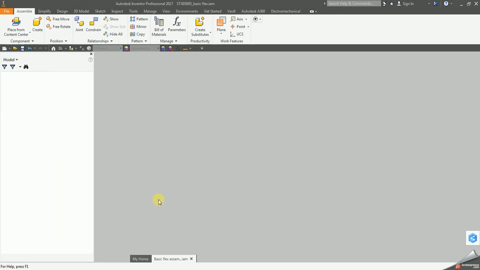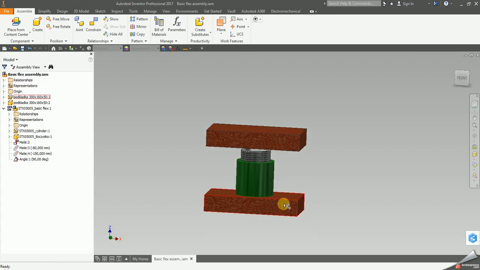Here is a basic flex assembly in which we have two supports. This support is fixed, the other support is constrained to the first support, so its position is also fixed. And I have the flexible jack that we have seen just a second ago in basic flex. So this jack is now in its